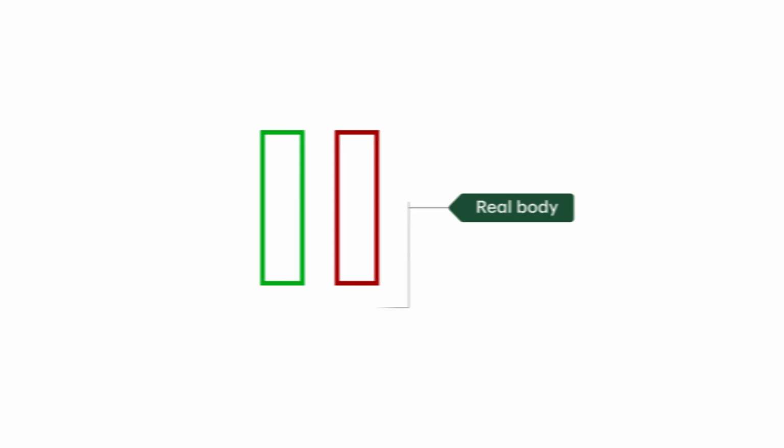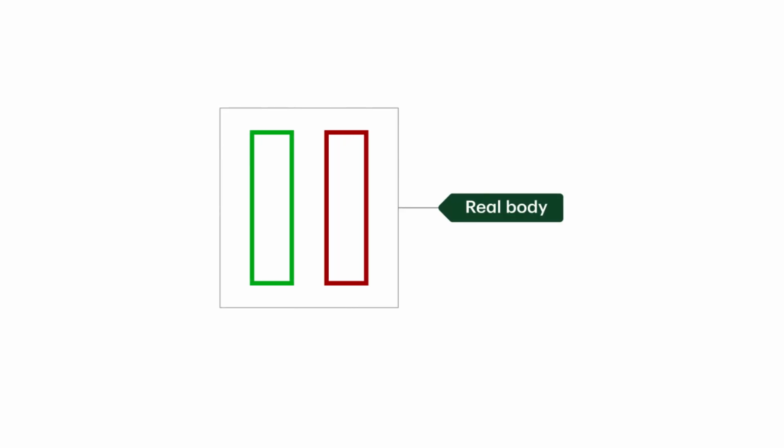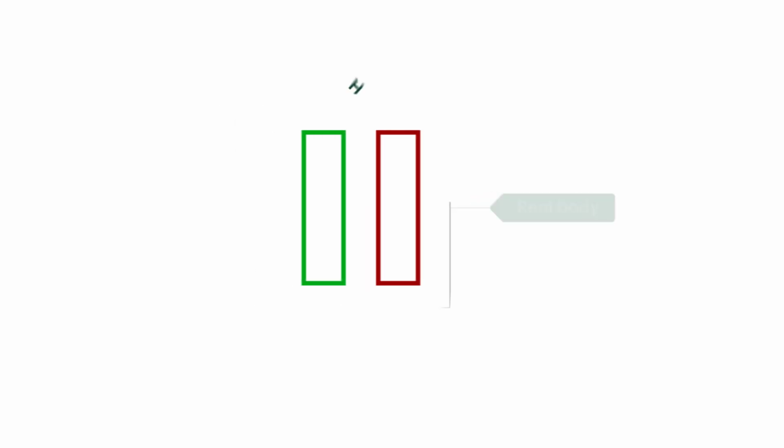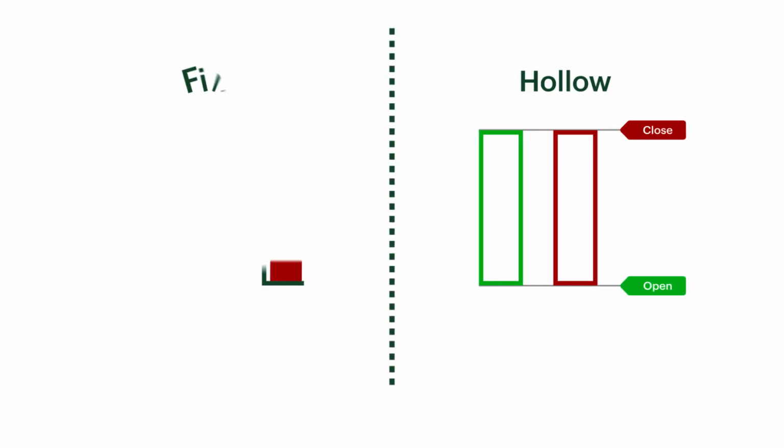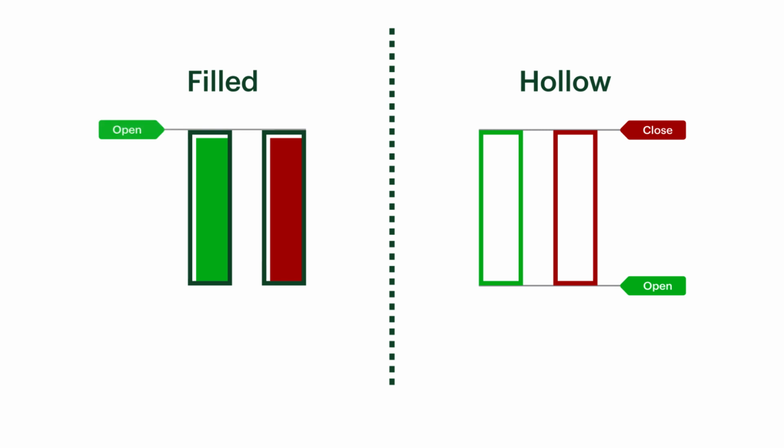rise. The wide part of the candlestick is called the real body, and it gives us the open and close range of the day. When the candlestick is hollow, the lower limit of the real body tells us the price at which the stock opened, and the upper limit tells us the price at which it closed. When the candlestick is filled, the upper limit of the real body indicates the open, and the lower limit the